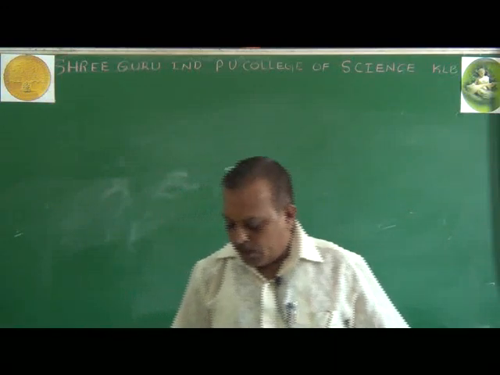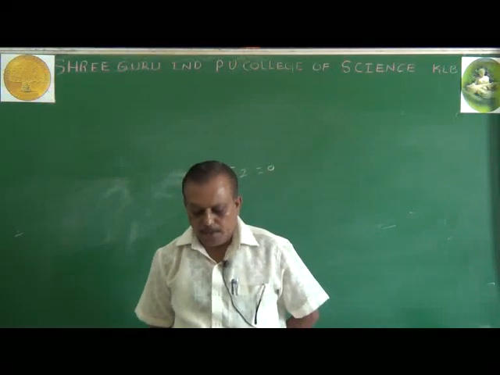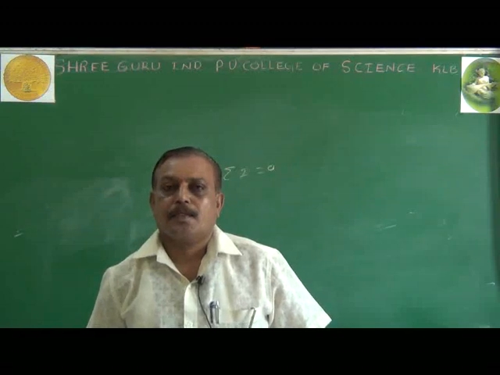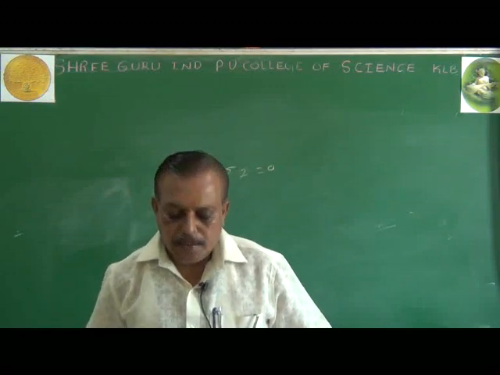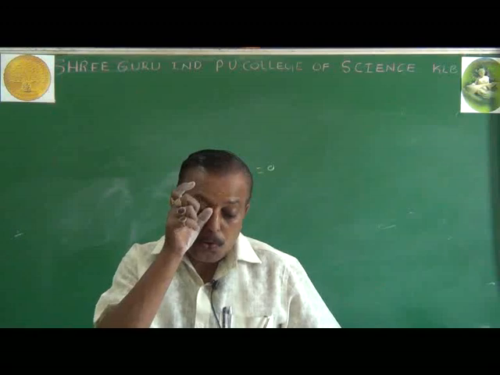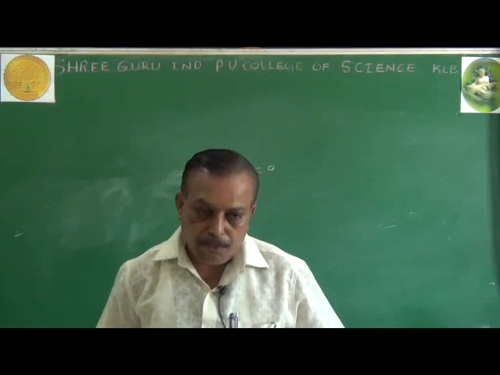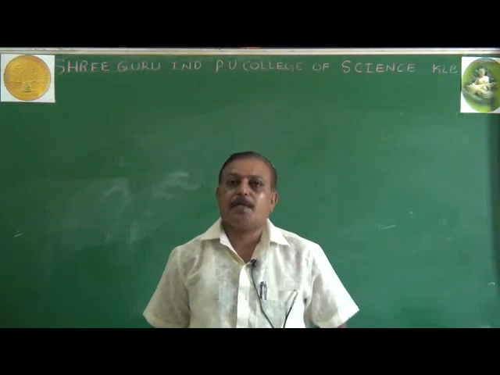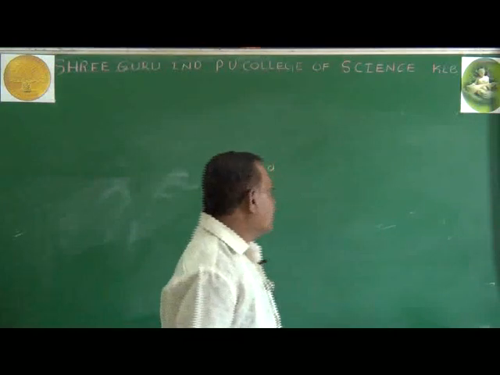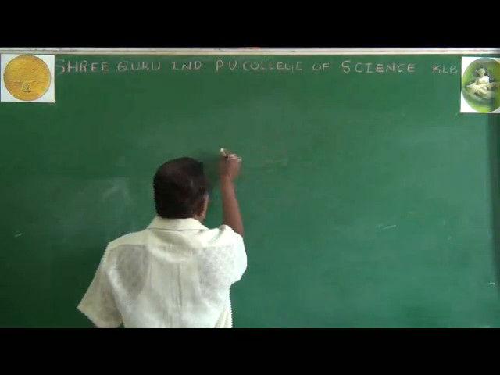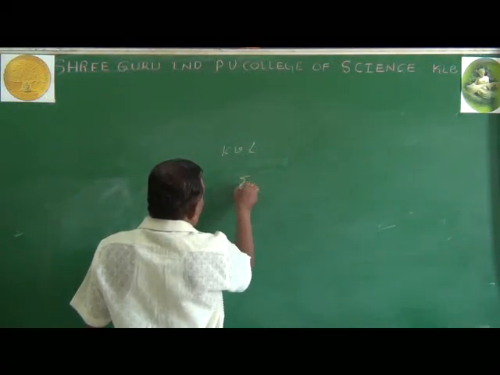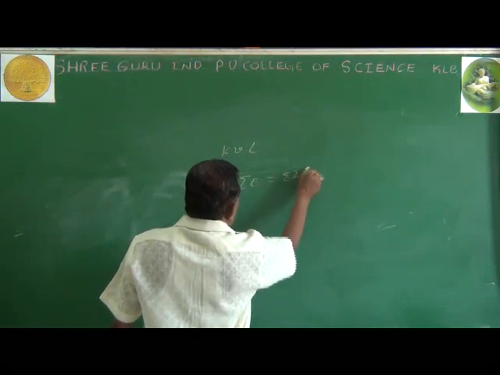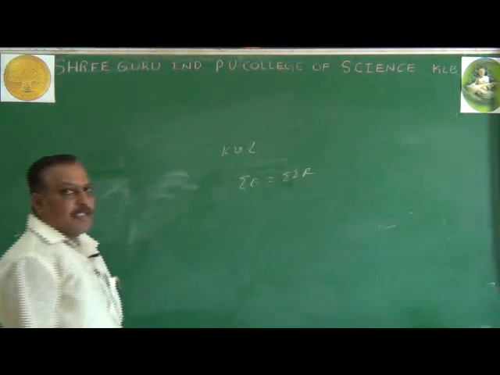A loop is a closed path for current which consists of the EMFs and the resistances. Then he made the statement: in a closed loop, the sum of EMF is equal to the sum of the product of current and resistance of each part of the loop. Hence, from KVL, we get the statement: sum of EMF equals sum of potential, that is, sum of EMF equals sum of IR product in a closed loop.